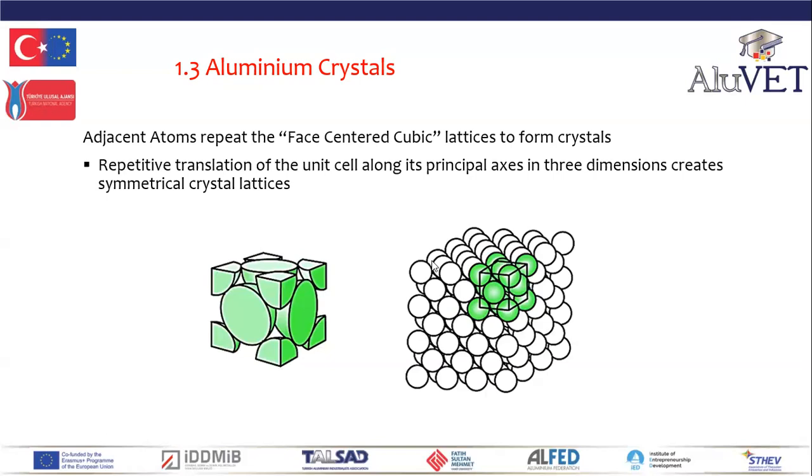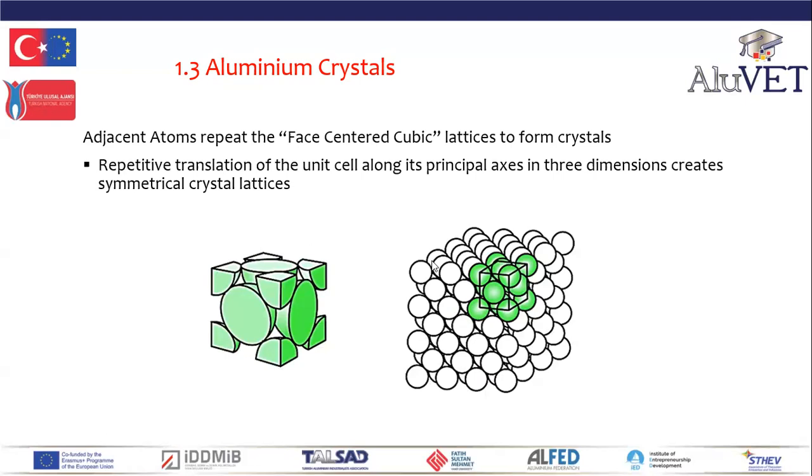This means that adjacent cubes share one of the 6 faces and the 5 atoms, and this sharing goes on in 3 dimensions. Now, this repetitive translation of sharing of aluminium atoms of the 6 faces of the unit cells with the adjacent unit cells in all 3 dimensions creates the crystals. So you have one cube, and that is shared by the adjacent cube,